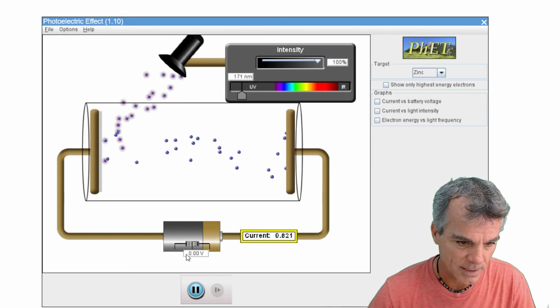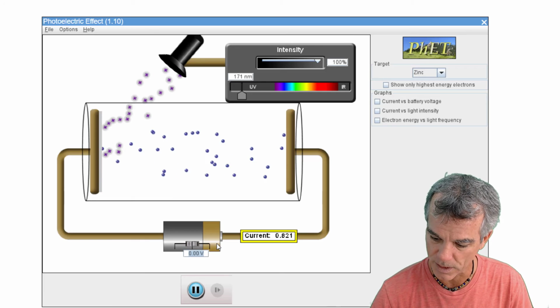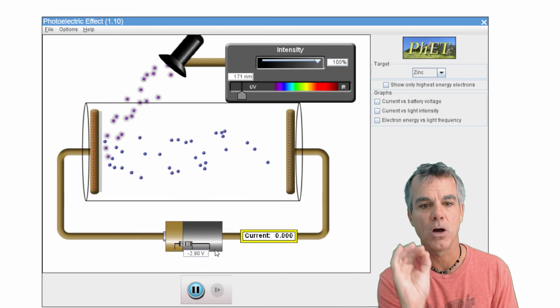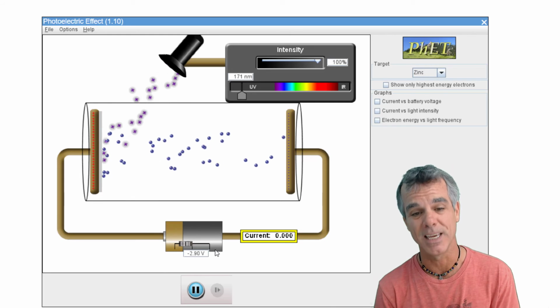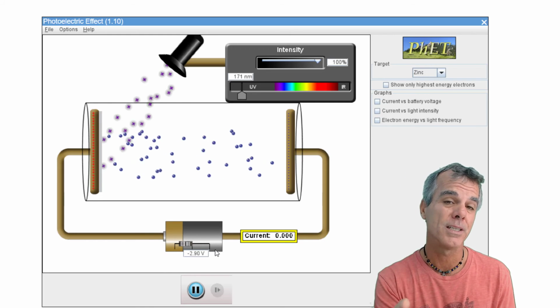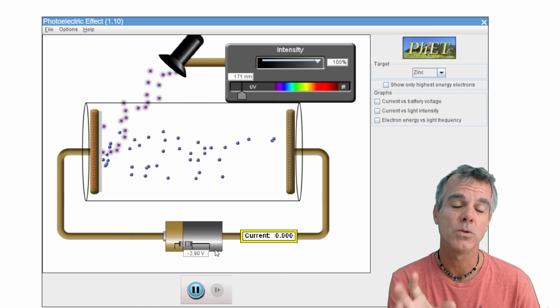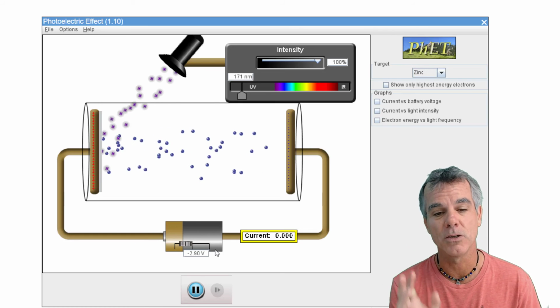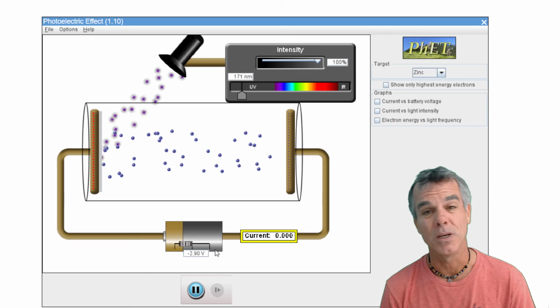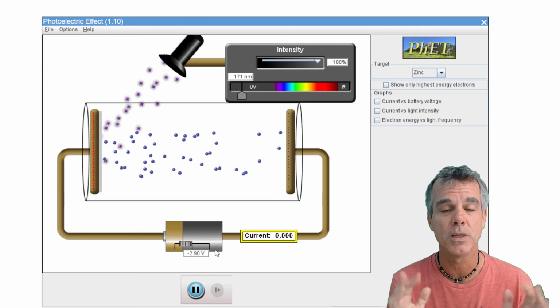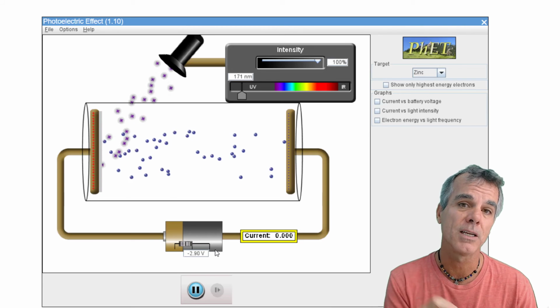So in this case, if I have a potential difference of negative 2.90 volts, that will prevent all electrons from reaching the negative plate. So we therefore say that the stopping potential is 2.90 volts. We usually just take the absolute value and drop the minus sign. So if I apply a potential difference of 2.90 volts between these two plates, none of the electrons will reach